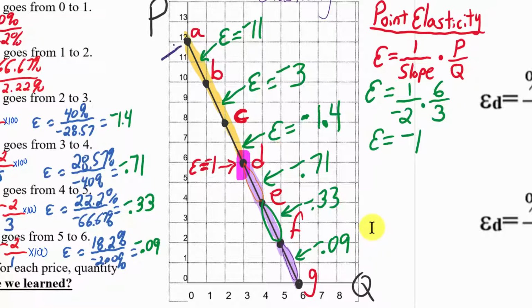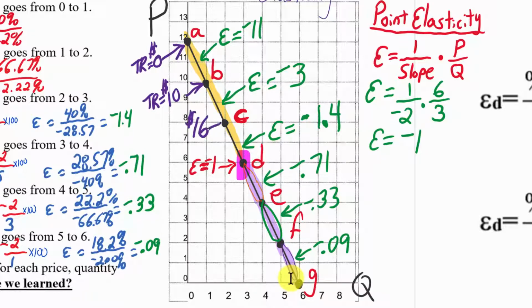So point A, price times quantity. Well, price at point A is $12 times, well, we would sell no units, right? So our total revenue would be $0 there. Let's move to point B. The price at point B is $10. The quantity is 1 unit. So the total revenue, 1 times 10, would be $10. All right. Total revenue at C, well, price is 8, quantity is 2, total revenue,